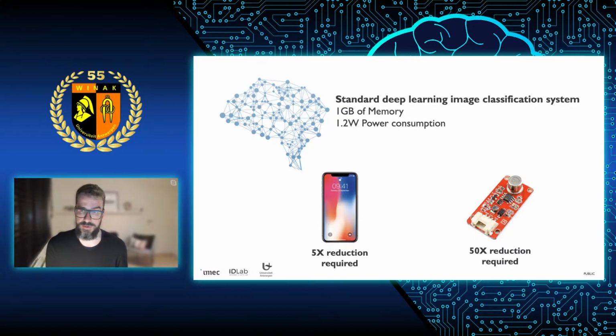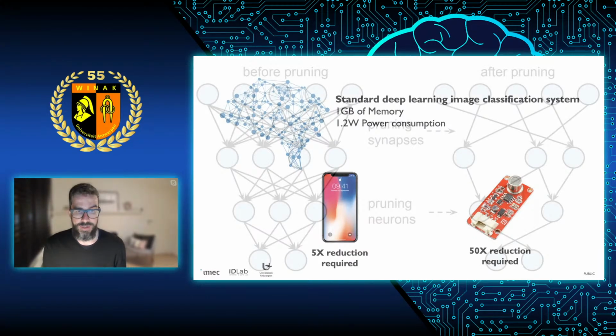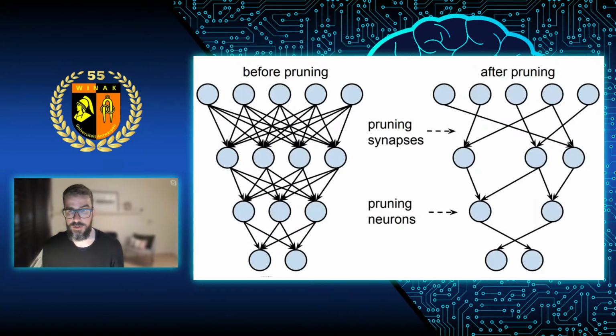So what we try to do is start with these standard deep learning neural networks, which Tom already explained, I think, very briefly, and we're trying to make them less complex. The way to do this is a process called compression, or pruning, which is a form of compression. What we're actually doing is trying to remove connections between the neurons of the neural network which are less relevant for us. We're even trying to remove some neurons. And we're trying to do that in an intelligent way, of course, to make sure that the network still gives you a decent level of accuracy.